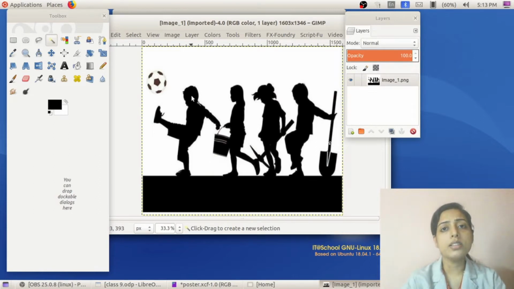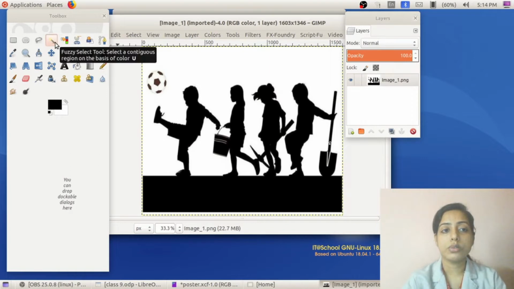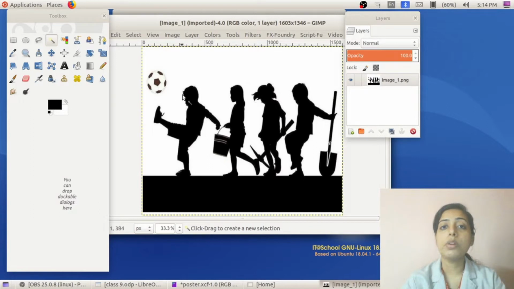Each tool has its own difference or its own speciality. Here you will deal with the fuzzy select tool, though you can make use of any tool. So let's see what is the use of fuzzy select tool. Before selecting the fuzzy select tool, one thing to be noticed is the background color. If it is not black and white, we must change it to black and white. Otherwise these portions cannot be removed, or when we copy this image the background color will correspond to the selected one. So the first thing to be noticed is that the background and foreground color must be black and white. If it is not, you must change the color to black and white.